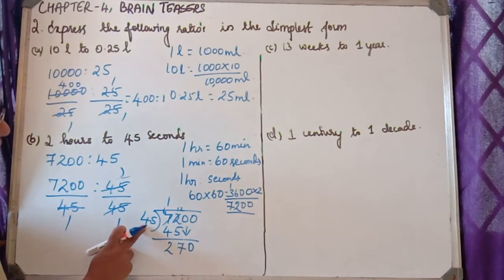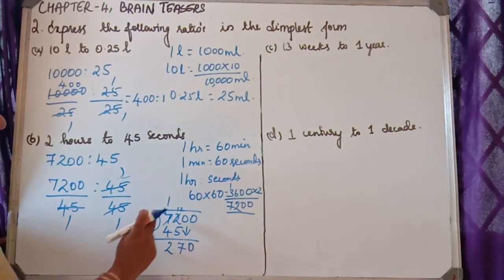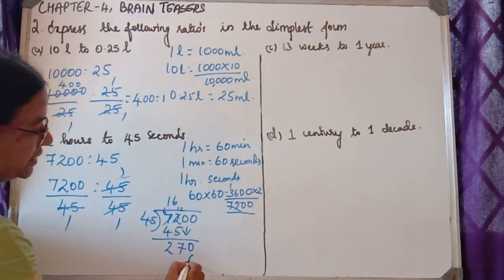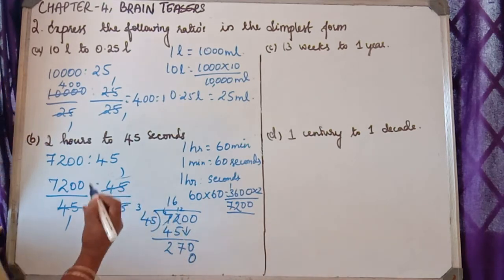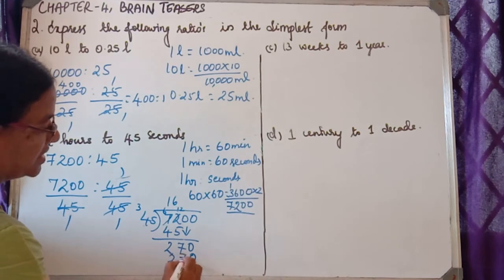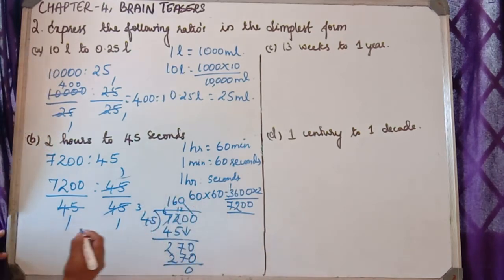Now always take this number and multiply with the tables. 6 5s are 30. Remainder 3. 6 4s are 24 plus 3, 27. Here the leftover 0 you have to carry here.